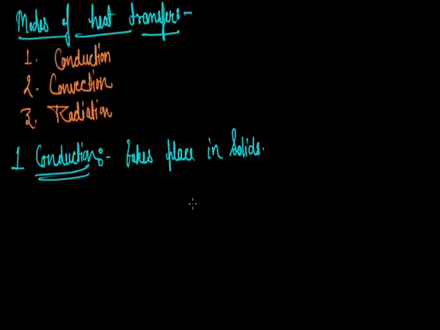Heat is transferred by the process of conduction when particles of the medium at different temperature are in direct or indirect physical contact. For example, if one end of metal rod is placed over a burning flame, its other end gradually gets heated. Heat is transferred from the hot end of the rod to the cold end through atoms of the rod by the process of conduction.